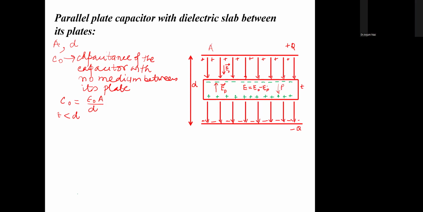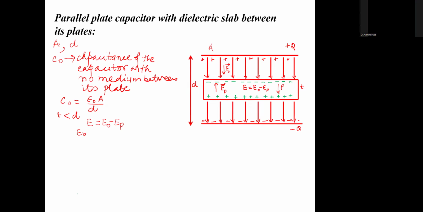E naught is the field when there is no dielectric. When dielectric is placed between the plates, what happens? Dielectric gets polarized and the field is modified. It gets polarized in direction of the electric field E naught, and the net field inside the dielectric is not E naught, but it is now E naught minus EP. And we know that the dielectric constant of the material, the ratio of the